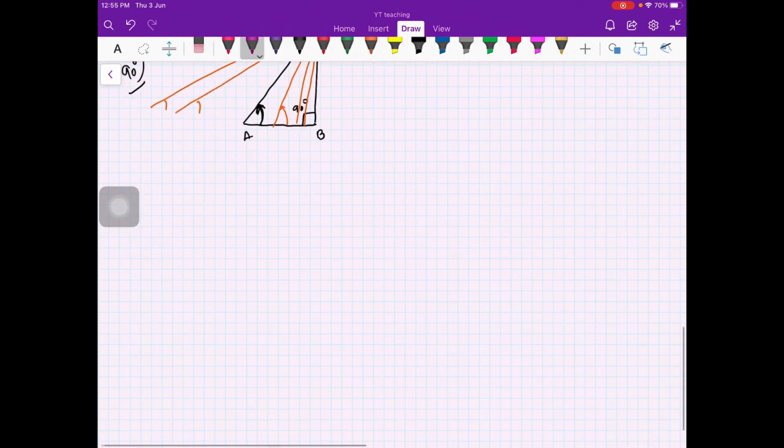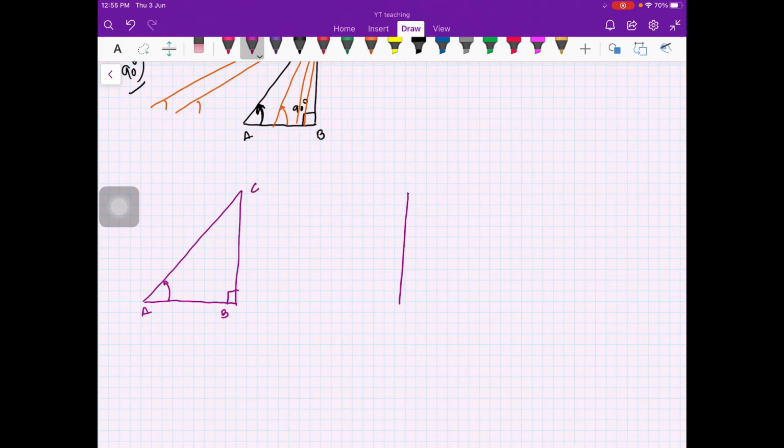You see what I am doing is, you have this triangle ABC originally. Okay, I want to make this angle bigger and bigger. So what I am doing is, I'm doing like this. This is my B, this is A, this is C. This was my original position. Okay, so I'm moving A inside, and then further I can move.